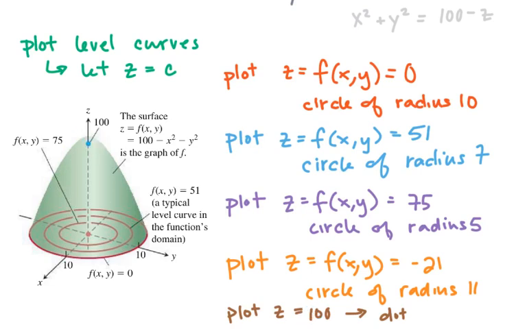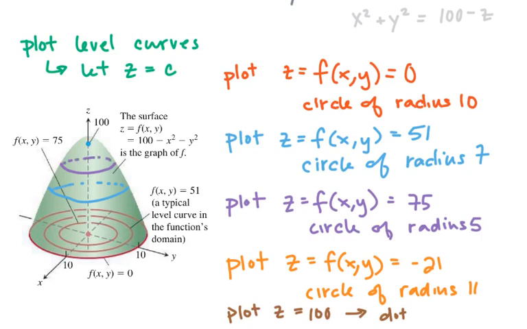Letting z equal 100. Z equal 51 would be right about here in the middle. Z equal to 75, a little bit further up. Okay, so those curves, as they move up around the circle, we think about, like 75 being there and 51 being roughly here,